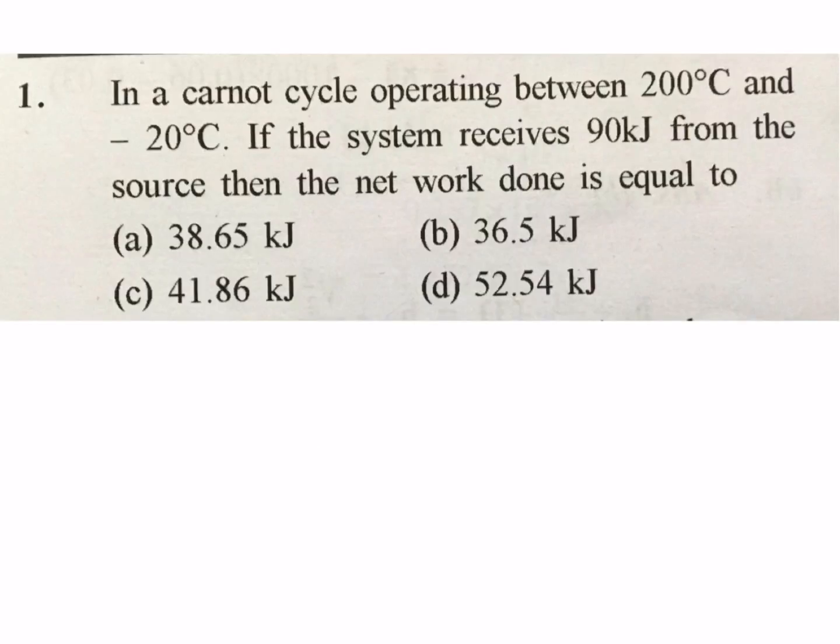First question, in a Carnot cycle operating between 200 degrees Celsius and minus 20 degrees Celsius, if the system receives 90 kilojoule from the source, then the net work done is equal to how much? So, Carnot cycle, we know efficiency of Carnot cycle is equal to 1 minus T minimum by T maximum. It's a reversible cycle. We know efficiency is equal to work done by heat supplied, W net by